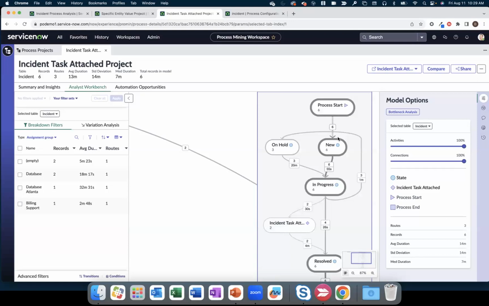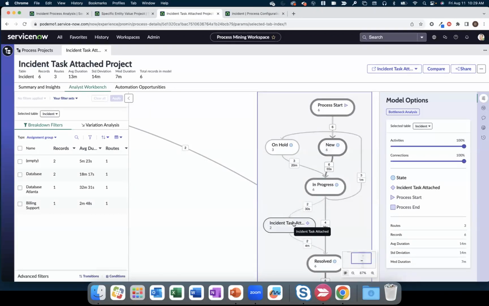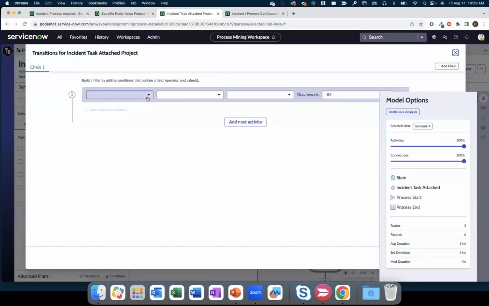So now I've got in progress, 30 seconds before the incident task is attached, and then 4 minutes to get to resolved. One, it allows me to start seeing the durations between when something moved to in progress to actual work or sub work being created. But now that I have this node on the map, I can also start using it in transition filters. So I can say, how long does it take from when the incident task got attached